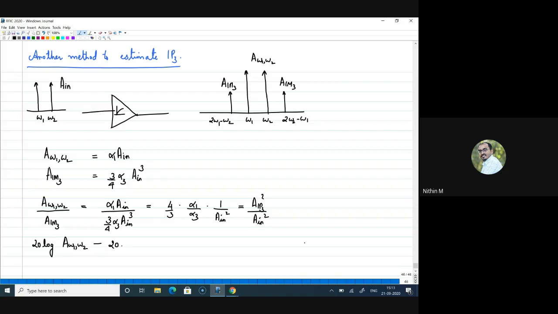So this, minus 20 log of AIM3, can be written as 20 log of AIP3 square minus 20 log of A in square, right? If I rearrange this, since what I'm trying to get is the value for AIP3, I can write 20 log of AIP3 is equal to half into